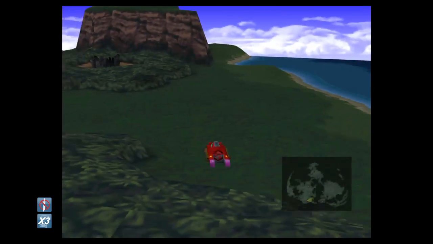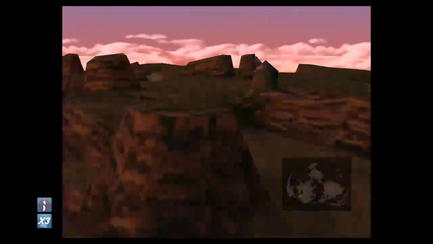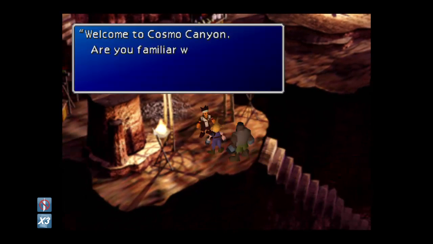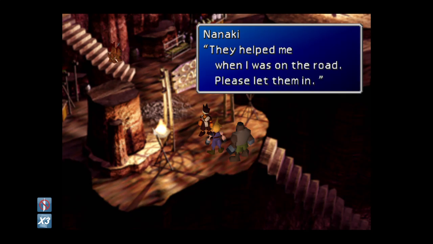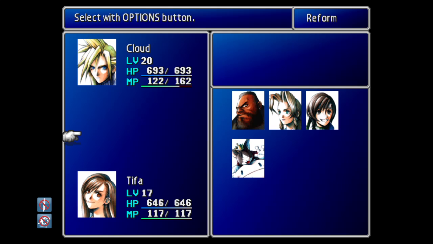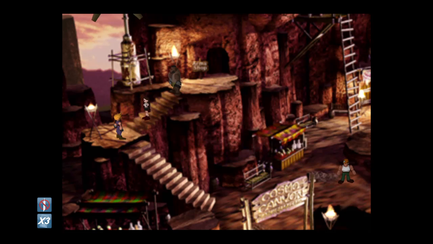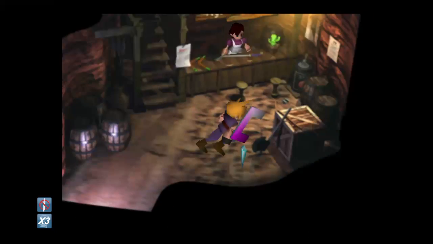Okay, so we've done the Gongaga Ruins. And now we just round off to Cosmo Canyon, which is Nanaki's hometown. Which is where we are now. What do you mean it's full? Right, okay, let us in. Who do I take now with me? I'll take Tifa. Right, up we go. So this is Nanaki's hometown. And his grandpa's human. Okay, so everyone splits up. So what I'm going to do is save it here,